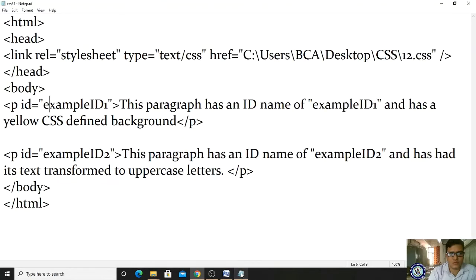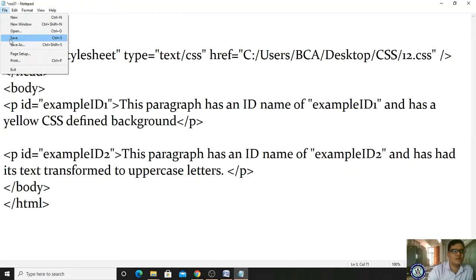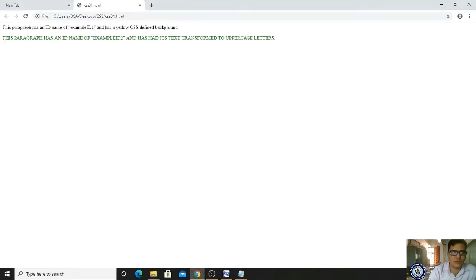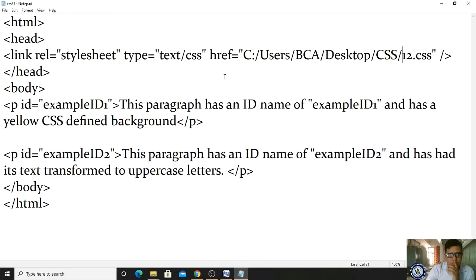No, then we have to change the address by making quotes, right? Save it and come here and refresh it. Not happening. What happened? Actually this is correct, but it is not applying.